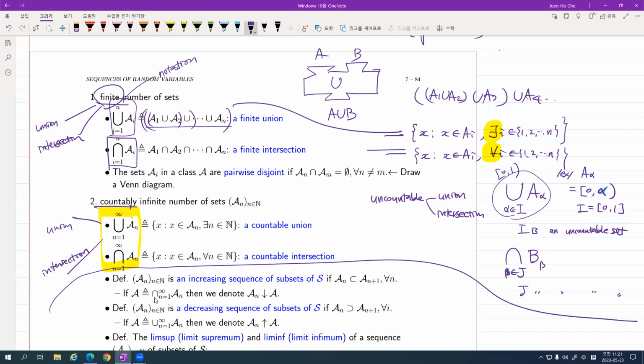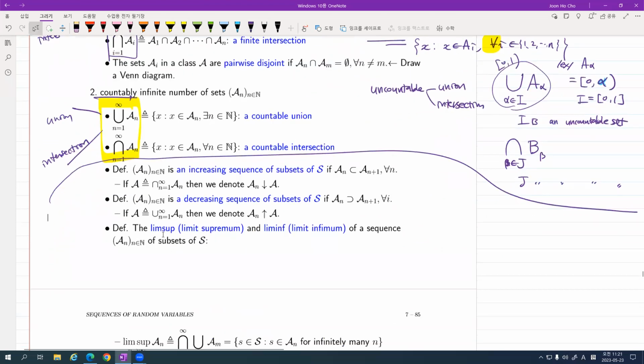And now let's see something else. Here goes the definition. Given a sequence of subsets or a sequence of events, sometimes we have a very special sequence of sets or events that is similar to a monotonically increasing sequence of real numbers. For example, x sub n equals n. What do we have? If you plot the graph, what happens? X sub 1 is 1, x sub 2 is 2, 3, 4. So it's strictly increasing. A similar concept can be defined for a sequence of subsets or a sequence of events.